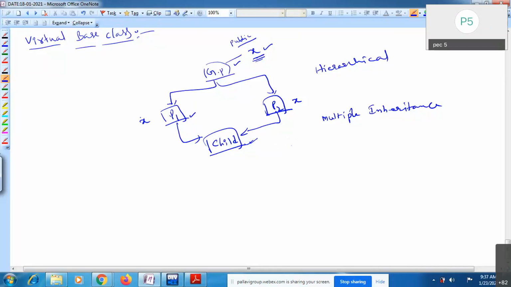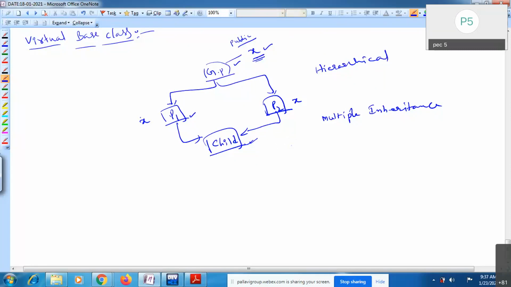In case of multiple inheritance, you will get this problem. To prevent this ambiguity, this confusion, we have the virtual base class concept. Virtual base class solves this ambiguity problem in multiple inheritance. Clear that concept, right?